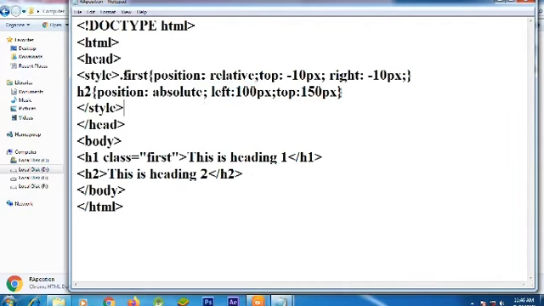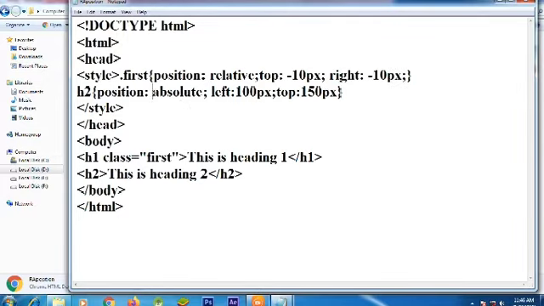If I am not giving any positioning here, then that is static positioning, right? So it will be related to static positioning. Relative to static positioning means its top is minus 10 pixels from its static position and its right will be minus 10 from its static position.